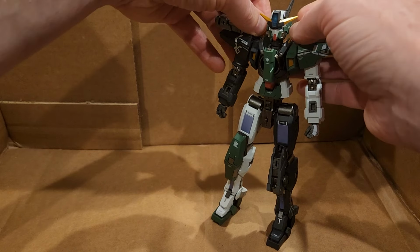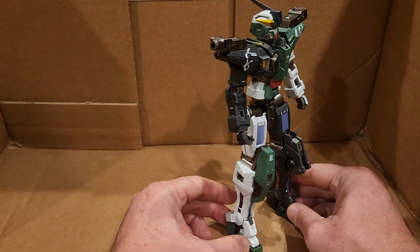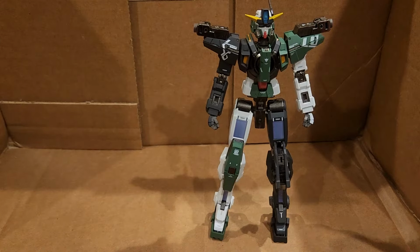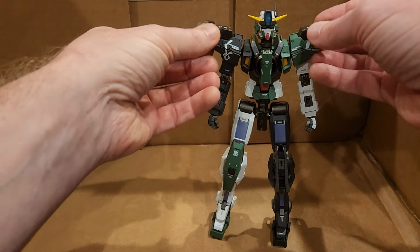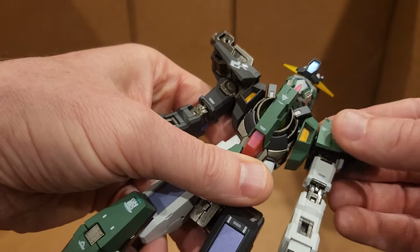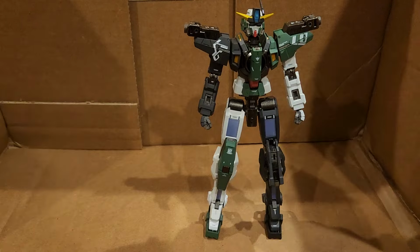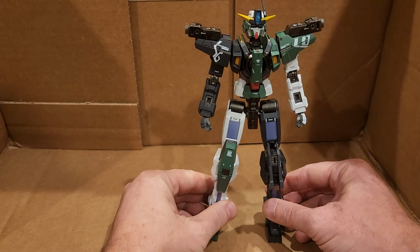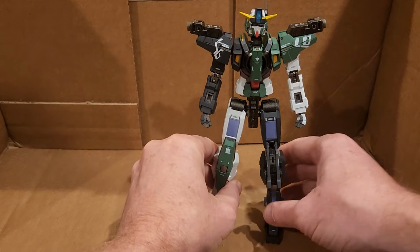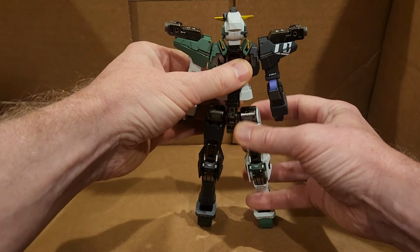Now, I haven't had 100% satisfaction with Metal Build figures. In particular, I got a Robo Metal Build figure that I thought was really disappointing. So Metal Build isn't a guarantee of success, but these are generally winners. These swing up. We can look in here at the shoulder joints. I think this figure is going to look very nice. I have a ton of the videos that go along with it, but certainly not all, because there is a ridiculous amount of material, whether it's manga or anime, or even video games, that go along with the Gundam property. So if you're a huge Gundam fan and you've got the kind of disposable income,